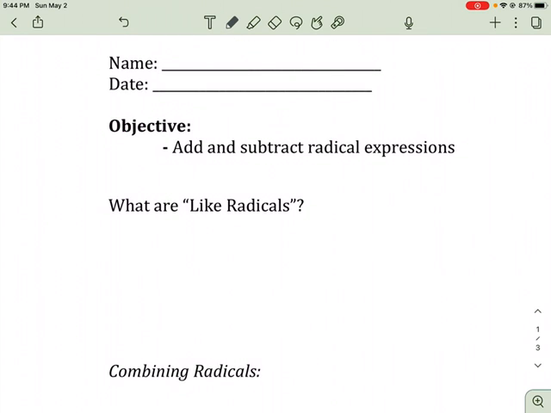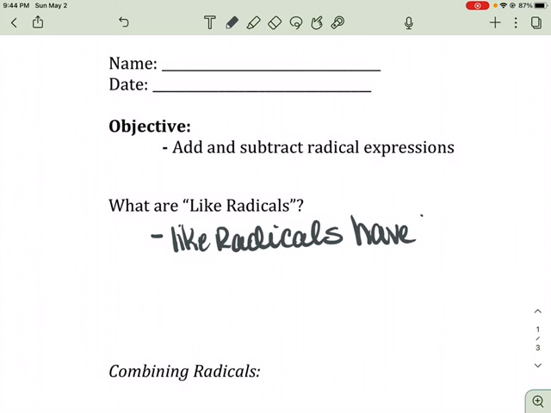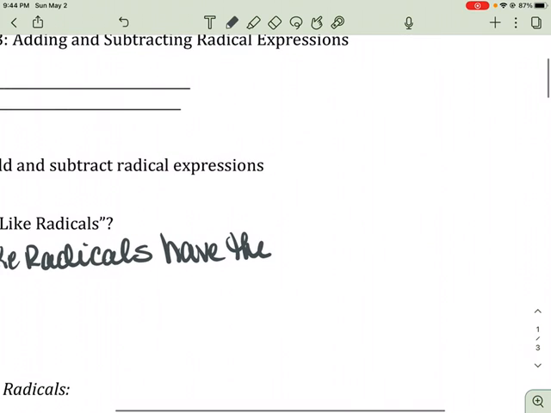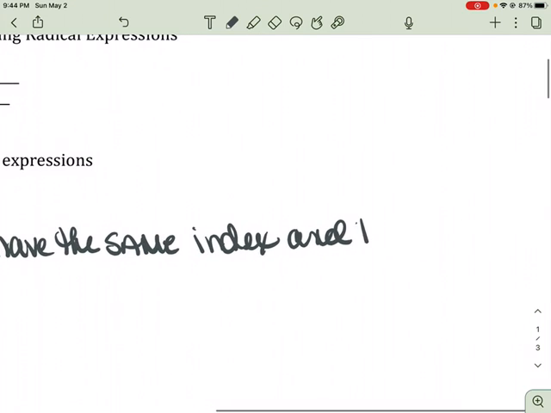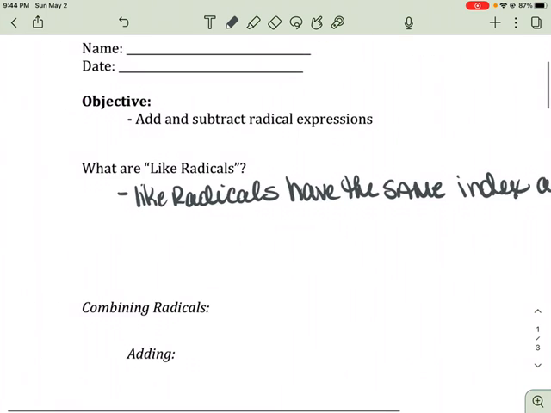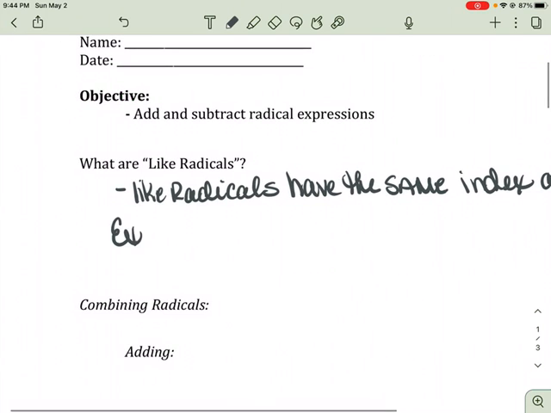Well, let's see. Let's talk about what it means to be a like radical. Like radicals have the same index, square roots, cube roots, and, so two conditions, the same radicand. That means the same number underneath. So what do I mean by that? So for example,